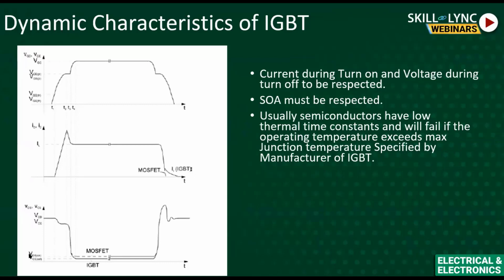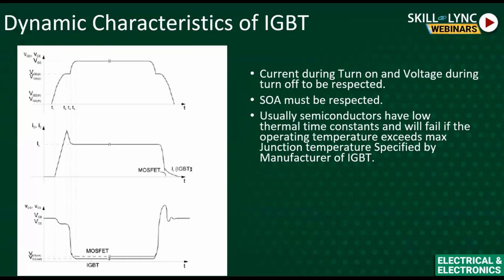Now, see the third picture, the collector emitter voltage. It is initially high during the blocking state. Whichever voltage you apply, it blocks. Once it is turned on, it falls suddenly to zero, not exactly zero, because it is not ideal. So it is falling to some lower voltage. These are during turning on.